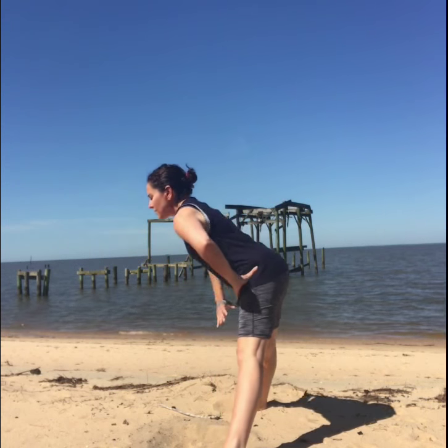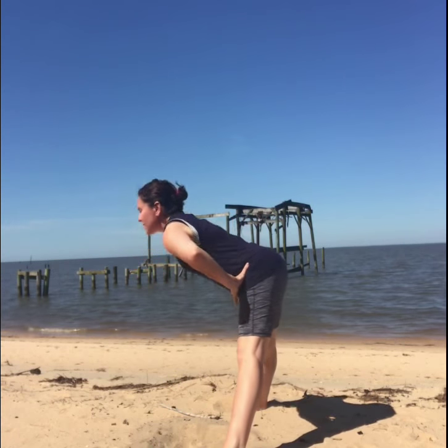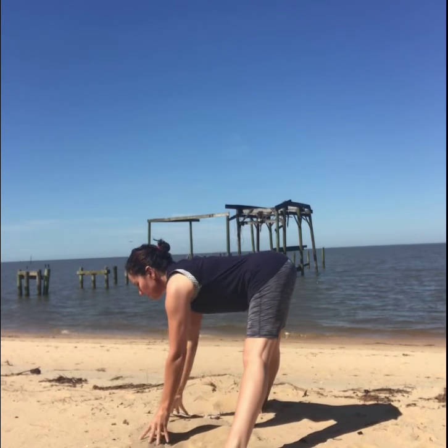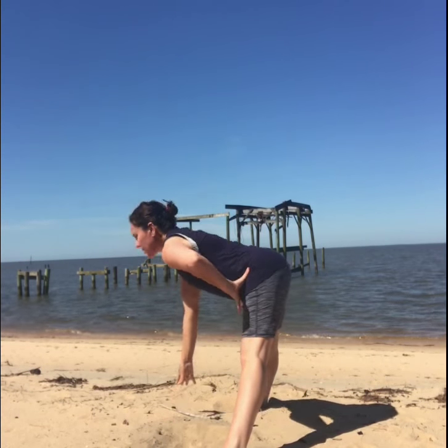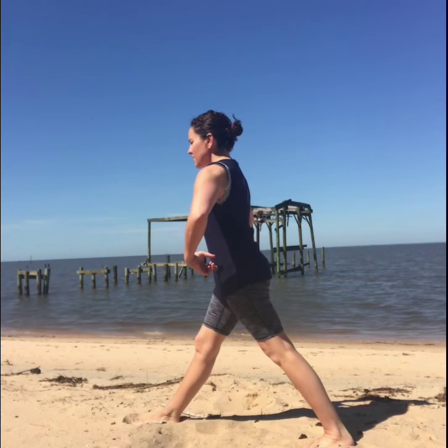Keep moving the groins way back behind you as you fold, and as you rise up, make sure to push down through your feet. Think about rooting down through your feet and allowing the chest to float up without any stress. Now take one foot forward and one foot back,